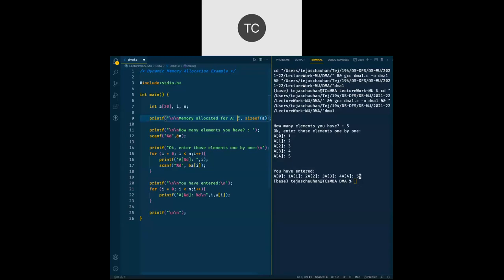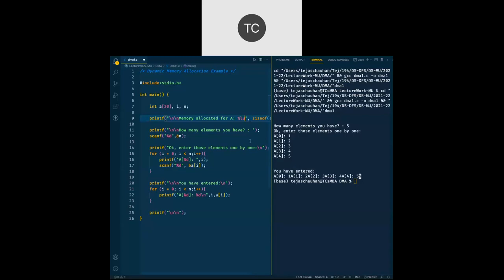Now at this place, as I have a 64-bit OS, and there is going to be larger size also, I'm going to use %lu, long unsigned. Otherwise, I'll have some warning on the output screen. So just to avoid those warnings, we'll properly use these placeholders. So %lu, long unsigned.